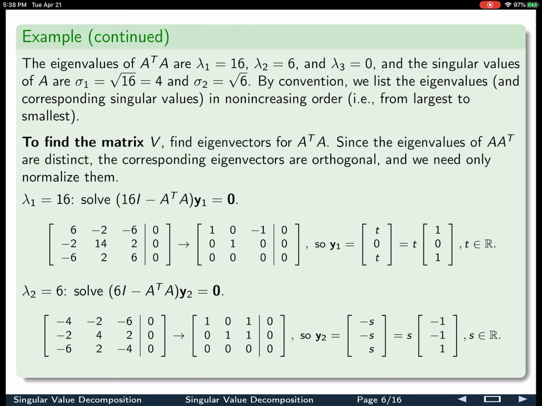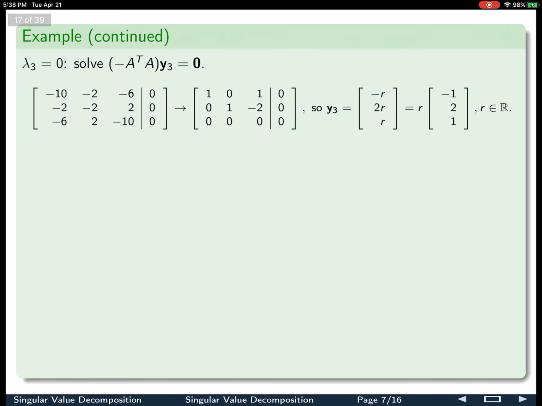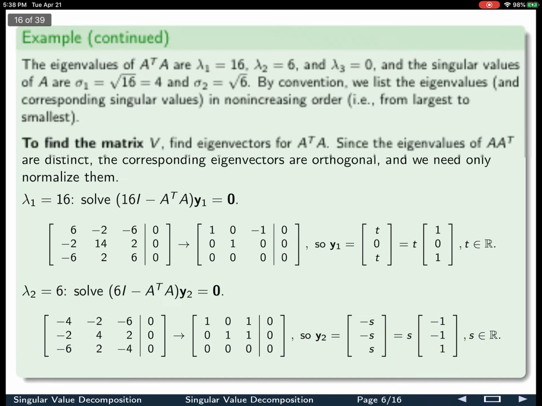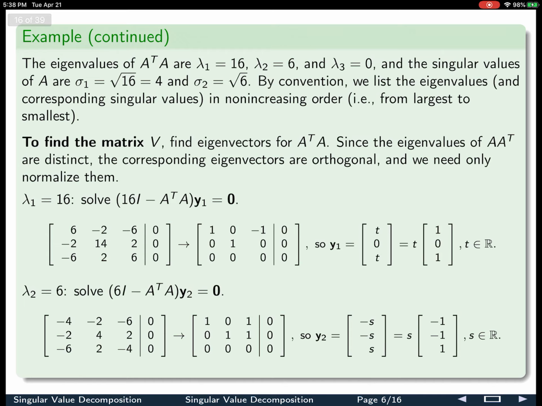You're solving for that null space to find a basis for each eigenspace corresponding to the different eigenvalues. Here we've got 16 and 6. On the next slide, we've got the eigenvalue 0. And so each one of those has a one-dimensional eigenspace,